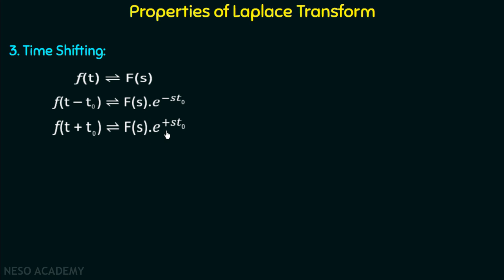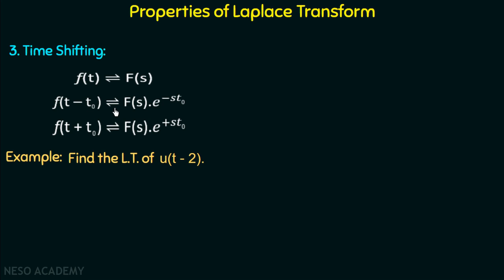So now we are done with the property, and now we will take one example to understand this in a better manner. And the example is given as, find the Laplace transform of u of t minus 2. Now here we can see that u of t minus 2 is the time shifted version of u of t. And can you answer which type of shift is this, the left hand shift or the right hand shift? Yes, it is the right hand shifting, and this is our first case, f of t minus t naught,